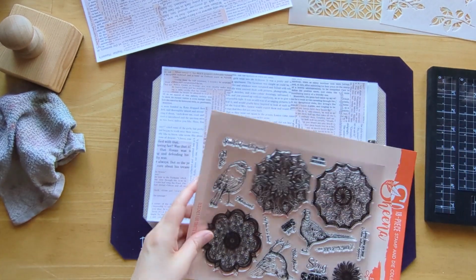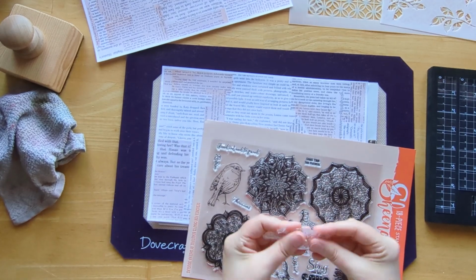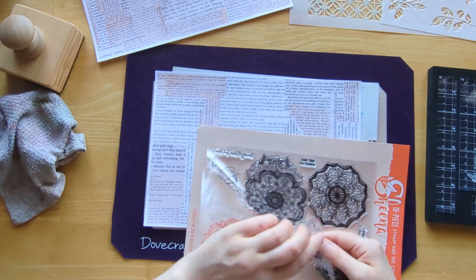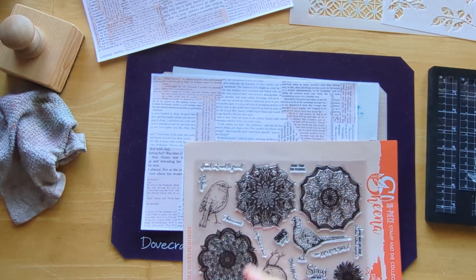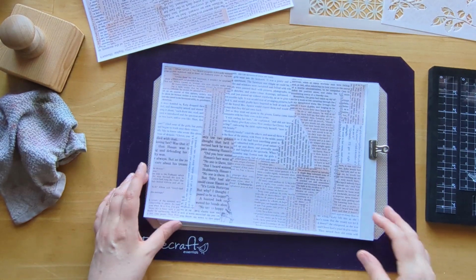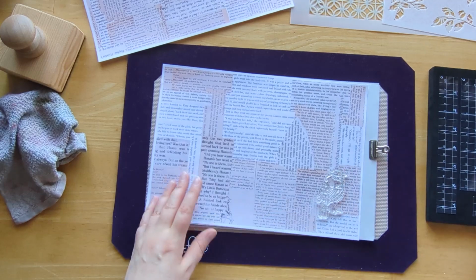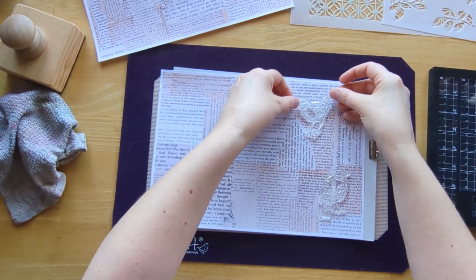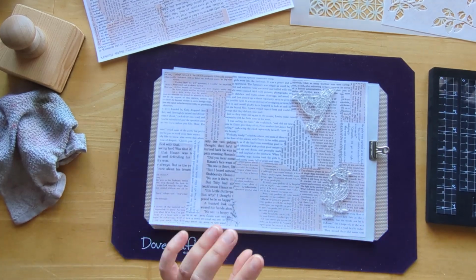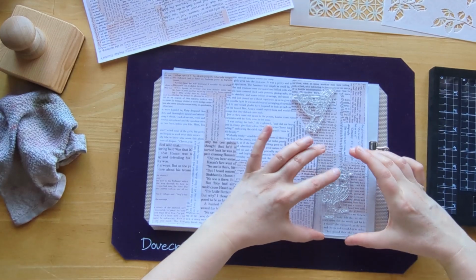Okay. I've not actually used these stamps at all. So, well, I want that. I definitely want the blackbird. Not sure about the pheasant, but there we go. Right, okay, so what do we think? I think he might be quite nice there. Yeah, I think placement like that would be quite nice. So let's get my block,